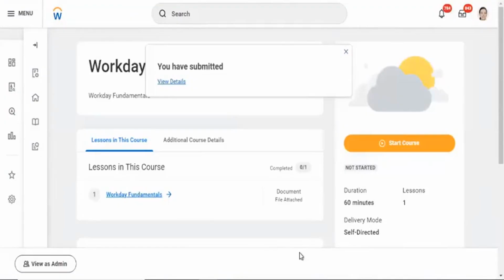Mostly the learning administrator will be enrolling, because employees can enroll on their own courses, but for compliance courses and mandatory courses, the learning administrator will have access to enroll employees. The manager will also be able to manage all the team learnings. In all the cases, the learning administrator will be managing this.